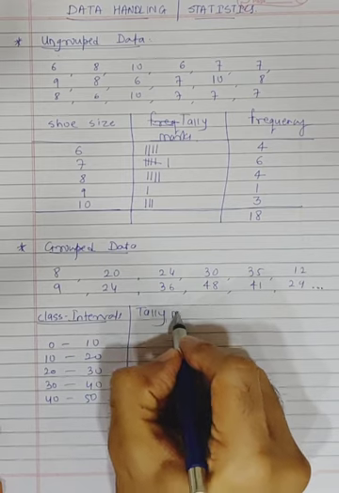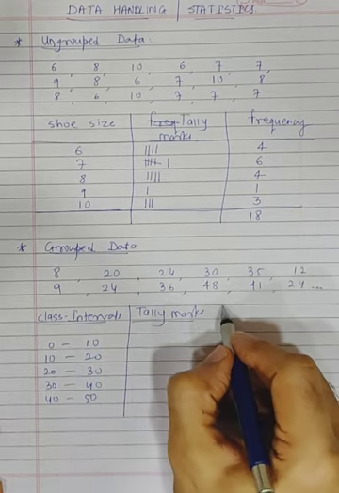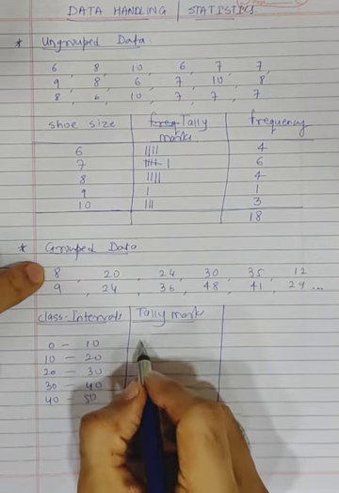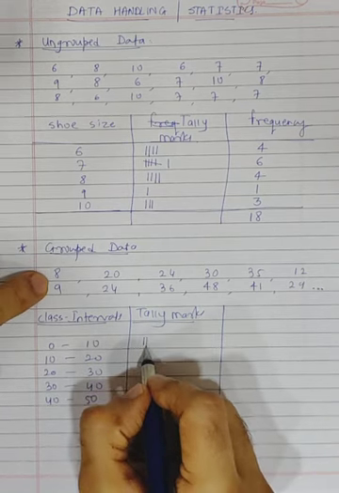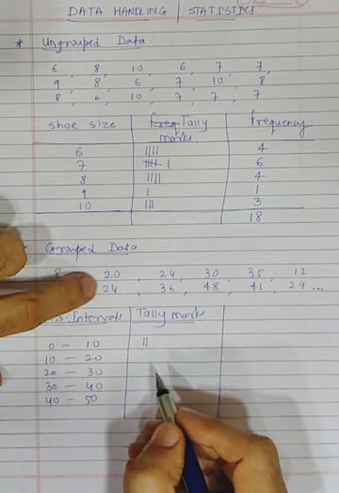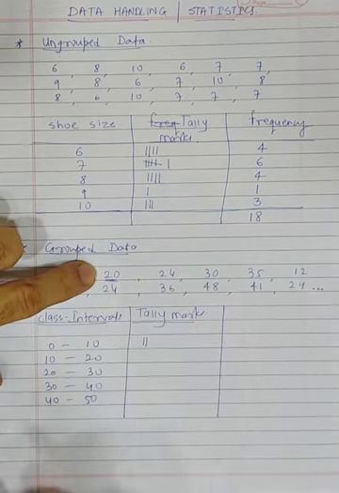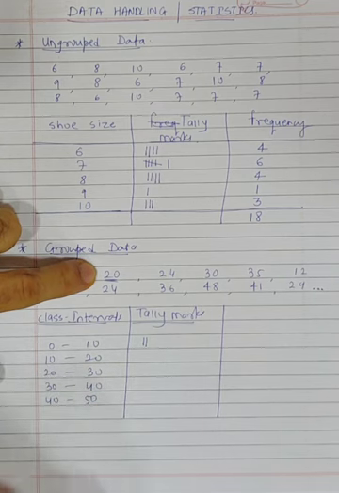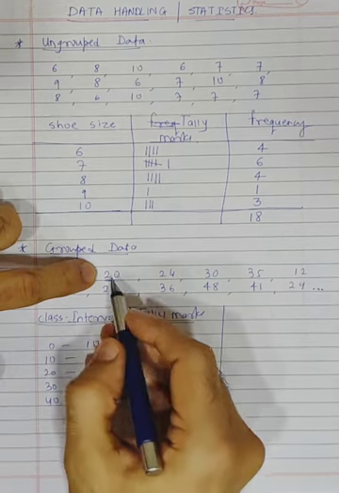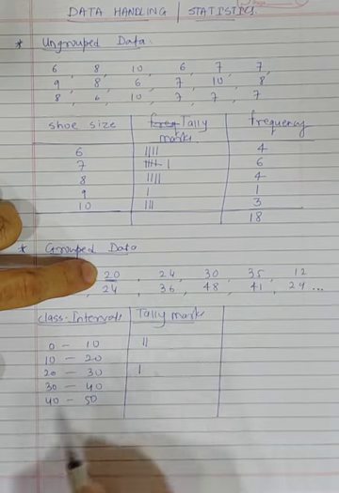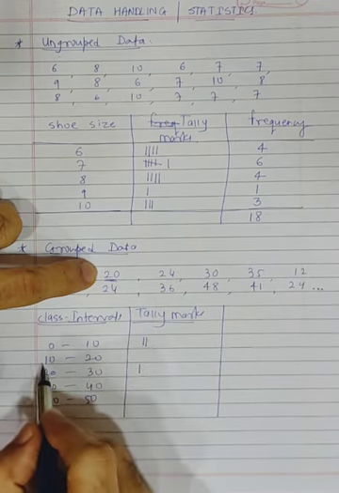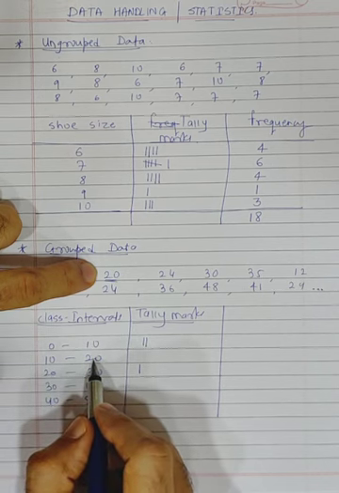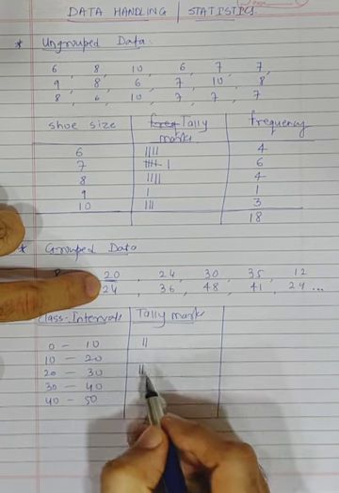Now see what you have to do in the tally marks. So in tally marks you have to start counting again. 8. So where will you write 8? Here. 9 will also come here. 20 and 24. Now the confusion is about 20. Where to mark 20? In 10 to 20 or 20 to 30? So remember, 20 will come in 20 to 30. What does this mean? Your number will start from 10, but the last number will be just before 20. Then 24 will also come here.